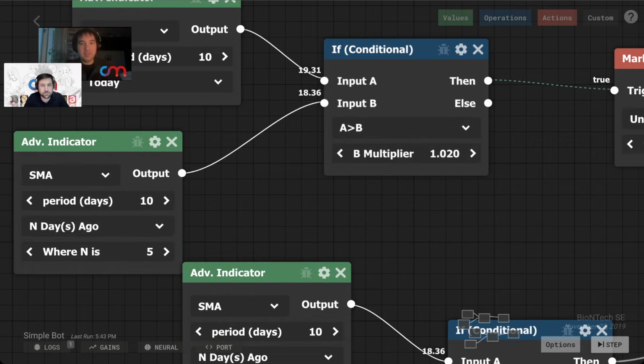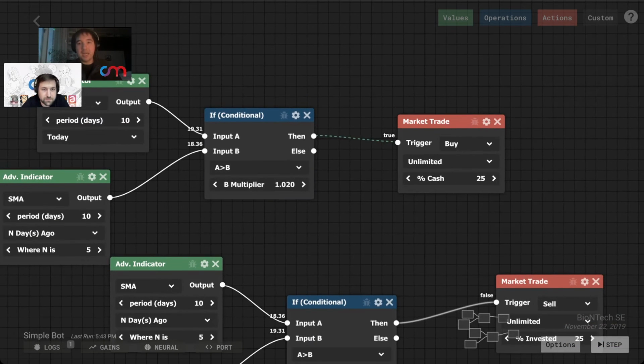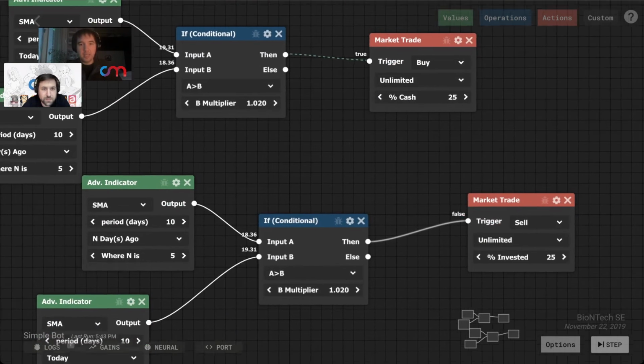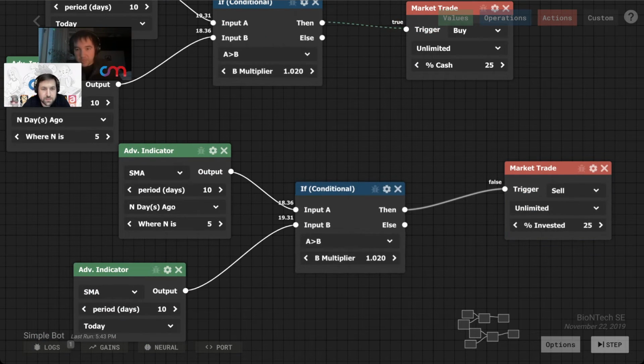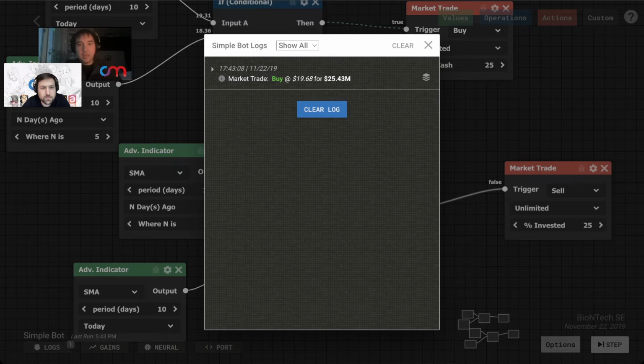The simple moving average 5 days ago was 18.36. That is indeed more than 2% greater, so our bot, as you can see here, triggered a buy order. And because the inverse was not true, as you can see with this blurred thing with false, no sell order was triggered, and we have a log where we say, okay, a market trade was placed for $19.68.